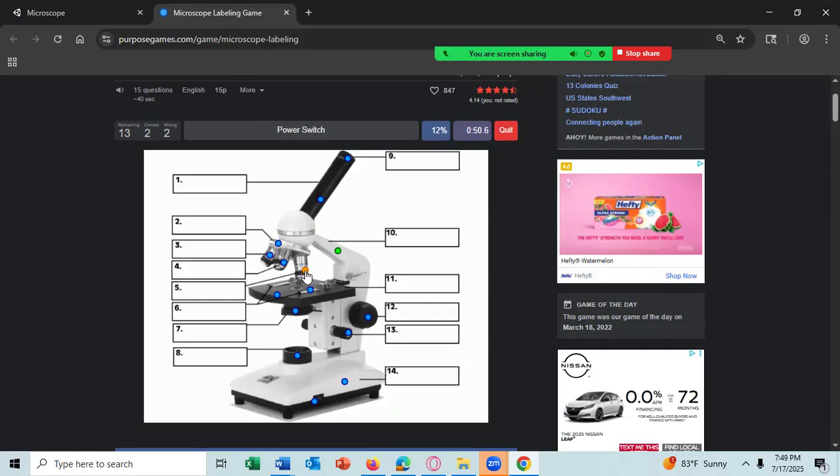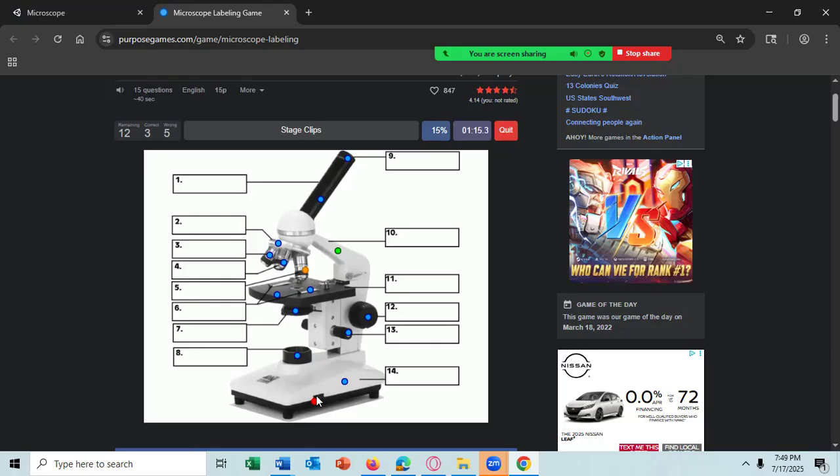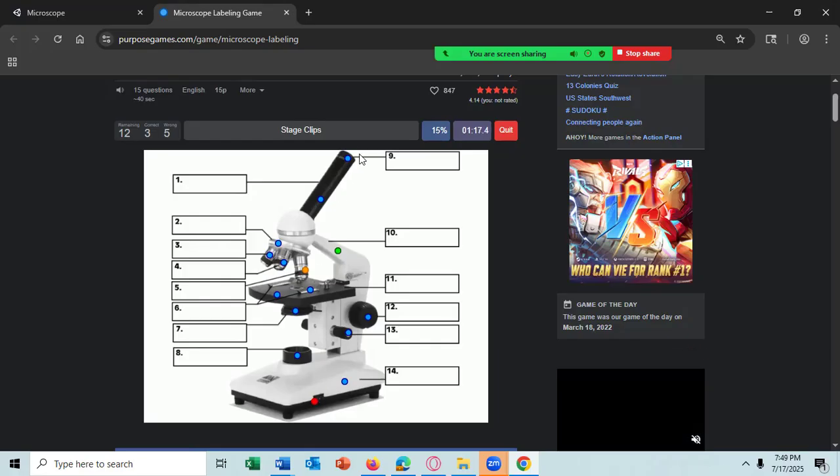orange or yellow-orange. Power switch, let's get everything wrong. It's really right here. So let's go here, here, here. After 3 attempts, it'll be purple for the wrong answer. And then we do it and get it, and it's red because we did it 3 times the wrong answer. Let's see what happens when we do 4.